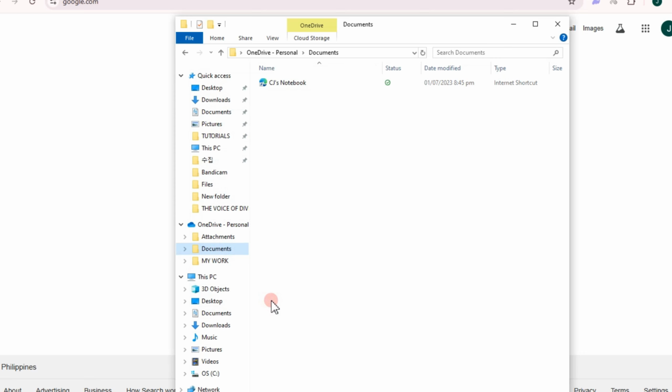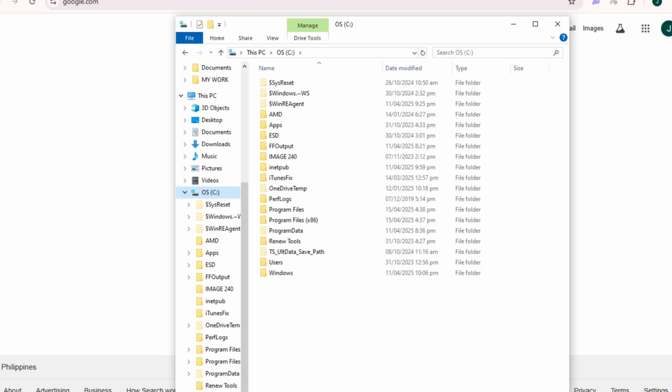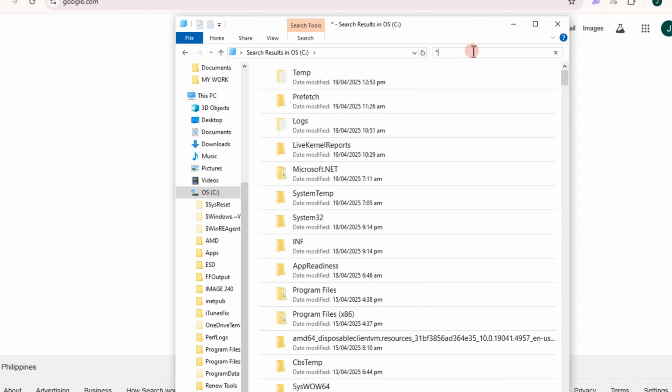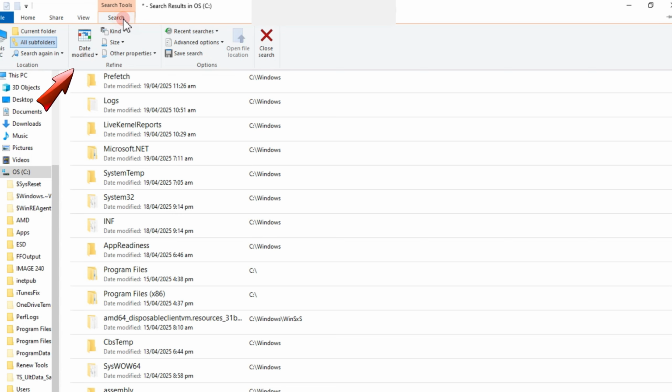Now once done, you can now go back and then tap on your local disk. Now go to search OS, and then this time you have to type asterisk and then press enter, and it will start scanning all your files here on your OS. Now, once done, then what you're going to do is you have to go to search and then tap on